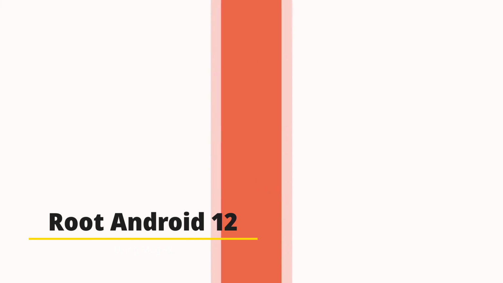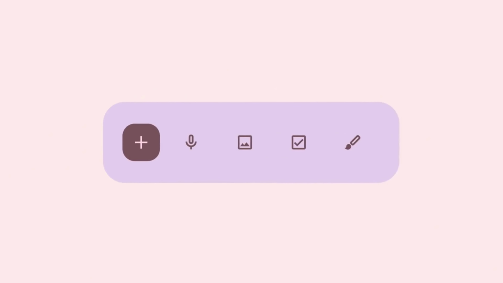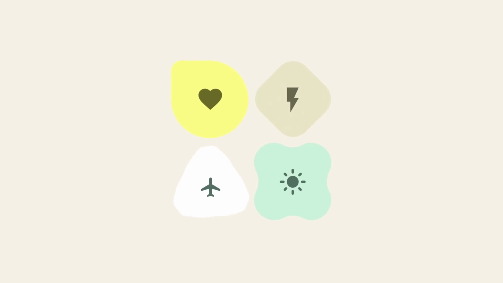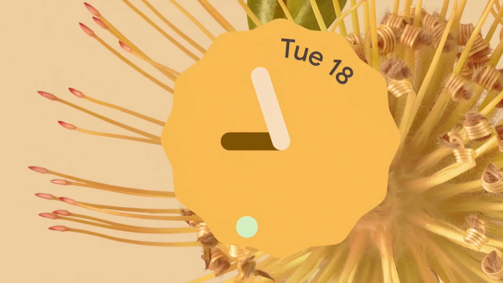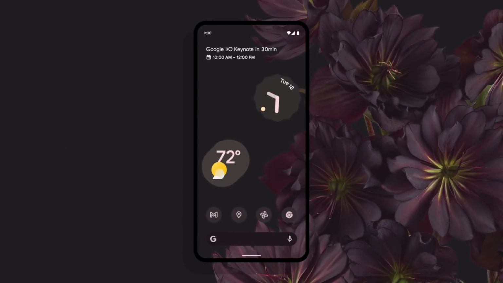Google has officially released the developer preview of Android 12 for the developers. So I already installed Android 12 port on Poco X2. If you are a Poco X2 user, then the installation video is coming soon. But in this video, I'm going to show you how you can install Magisk Manager in Android 12 using TWRP recovery. Keep in mind the given file may not work in the future, but I will update time to time.